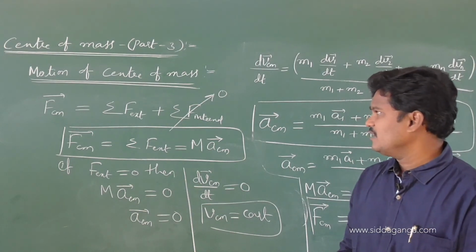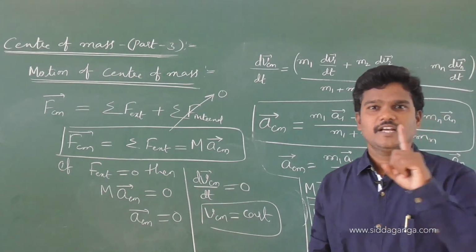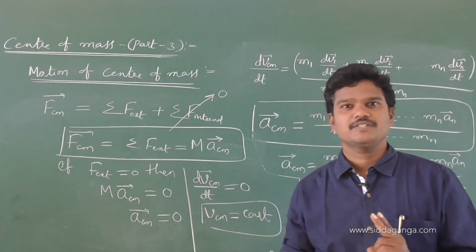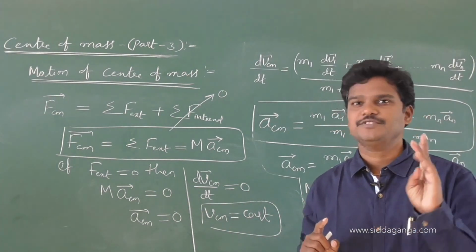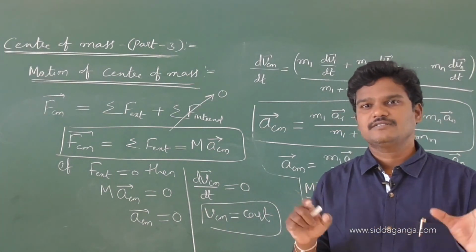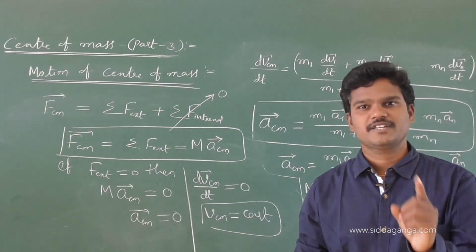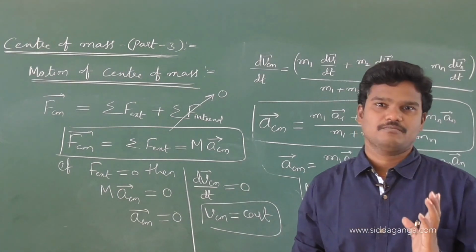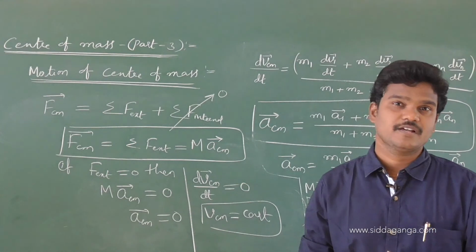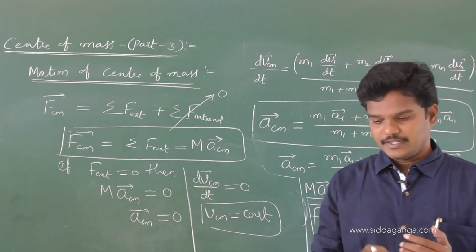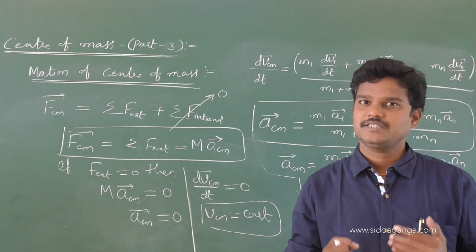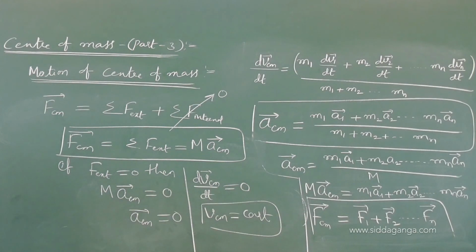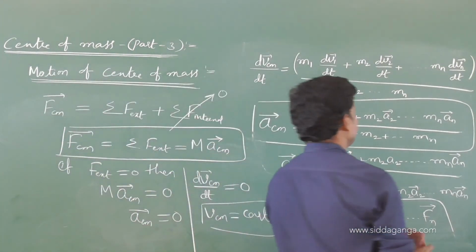See, let us recall what equations I covered. XCM for an n particle system is m1 x1 plus m2 x2 so on mn xn by m1 plus m2 plus so on mn. YCM is also the same, ZCM is also the same, and I wrote it in summation symbol also. RCM is also the same, but RCM is nothing but position of center of mass in vector form. Okay, where r1 bar is nothing but x1 i cap plus y1 j cap, and VCM bar is also a vector, ACM bar is also a vector. Okay, for suppose two particles, let me extend to two particles, easy formulas only.